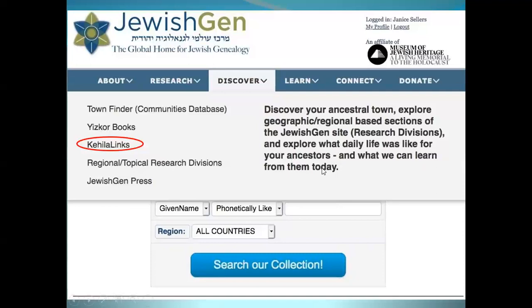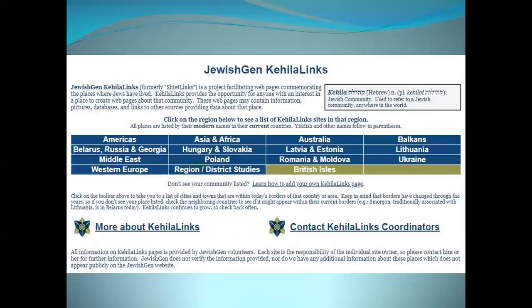Kehilla links. This is one of the things that changed on JewishGen when it became less Ashkenazi centric, because this used to be shtetl links. And well, shtetl is from Yiddish. And if your family wasn't Ashkenazi, they probably didn't speak Yiddish, did they? So Kehilla is from the Hebrew, much more neutral. Again, this thing changes over time. So when I had originally done this, it was Belarus and Russia. Now they've added Georgia because they have somebody that. A Kehilla Link is for a specific community,